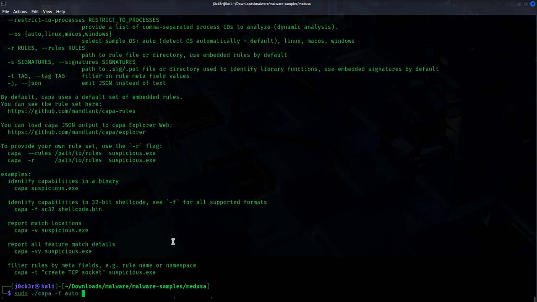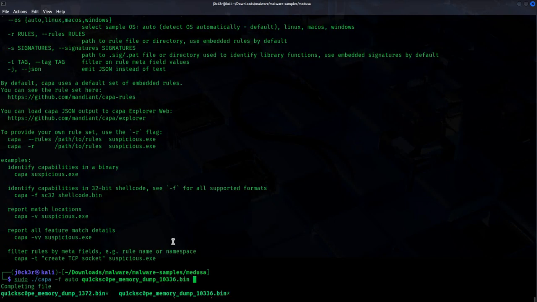So I'll use the auto function over here. I'll use 0.36. So this has a